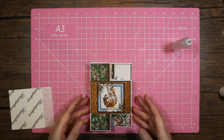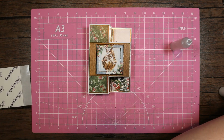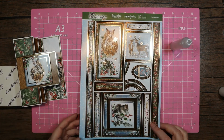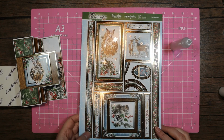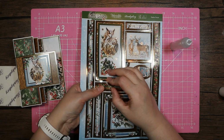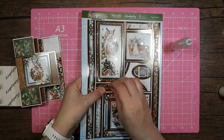And then I can put some gems down those edges. Then we need a little sentiment. So let's have a look. What have we got? We've got have a holly jolly Christmas. It's beginning to look a lot like Christmas. That one's got deers on for a dear friend. Have a wild Christmas. I think I'm going to go with holly jolly, just because it's one of the smaller ones, and with this being a smaller card,